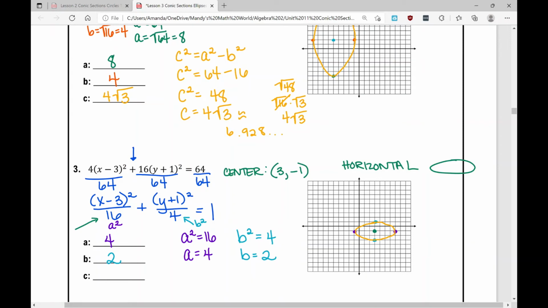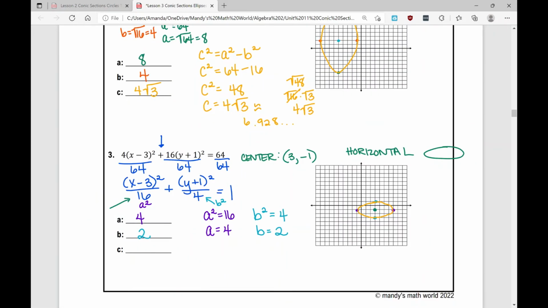And this particular problem wants you to find the value of c. I know these values are related using this formula: c squared equals a squared minus b squared, which means c squared equals a squared, which is 16, minus b squared, which is 4. 16 minus 4 is 12. So if I take the square root of 12,